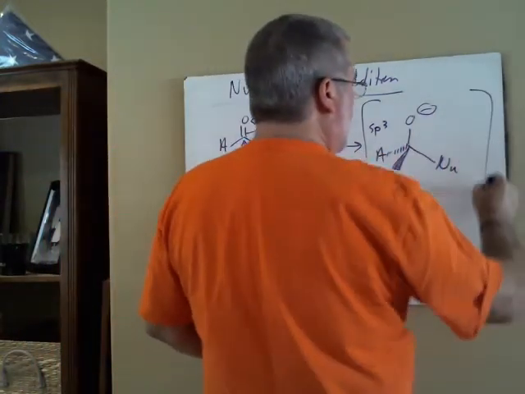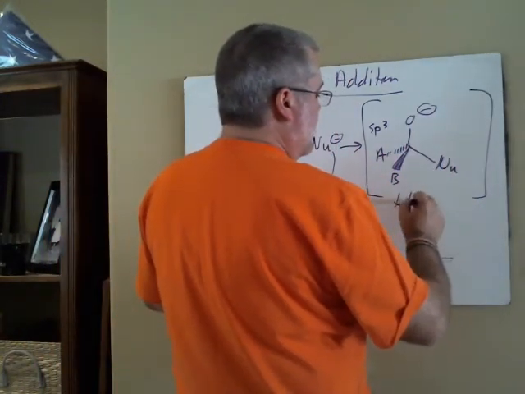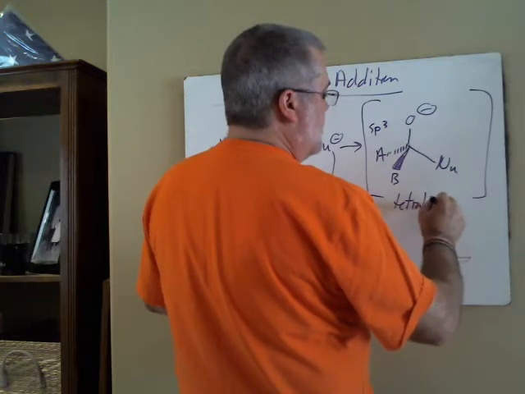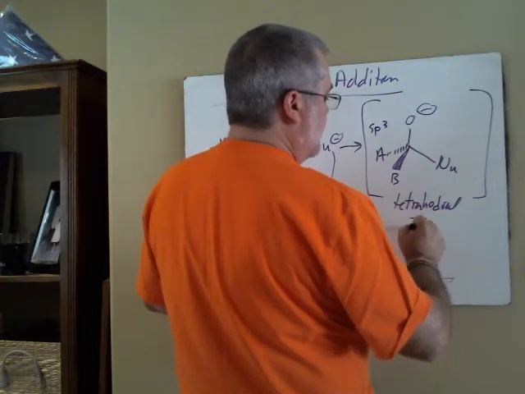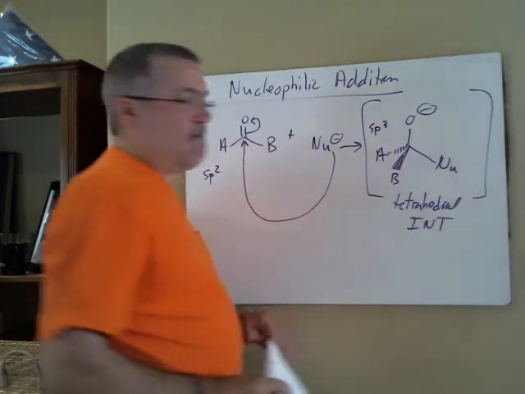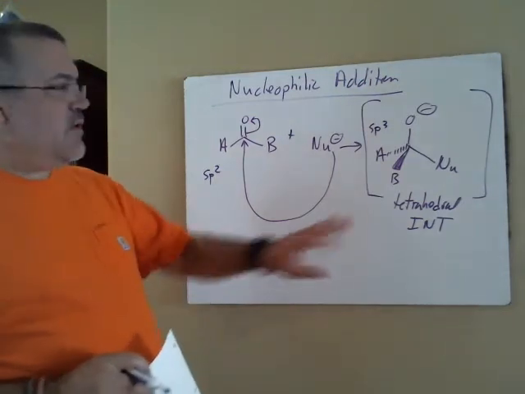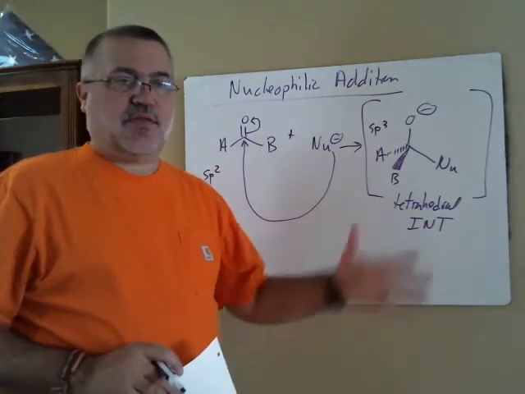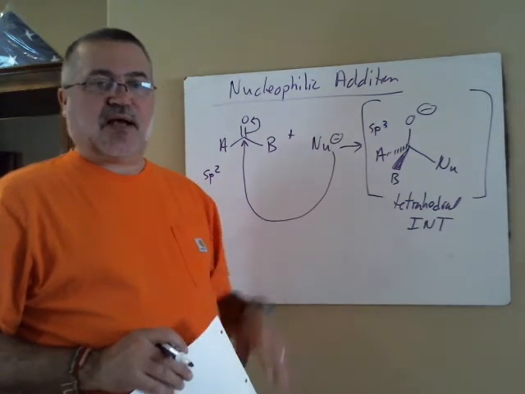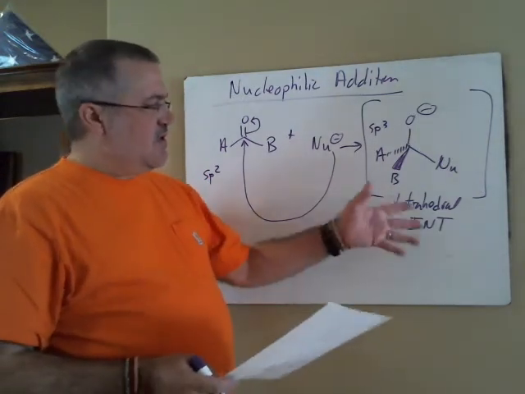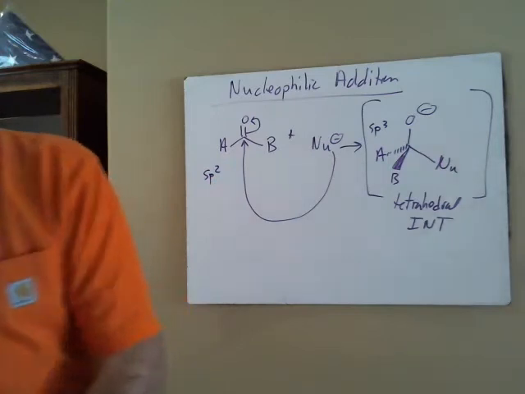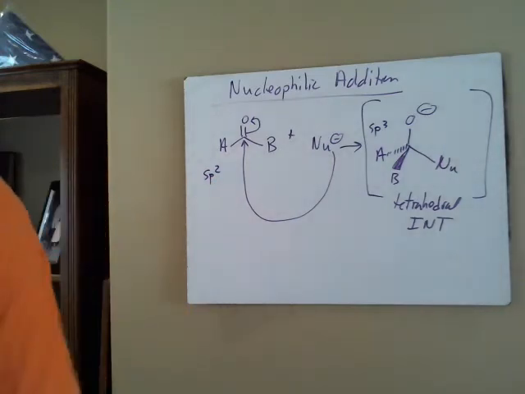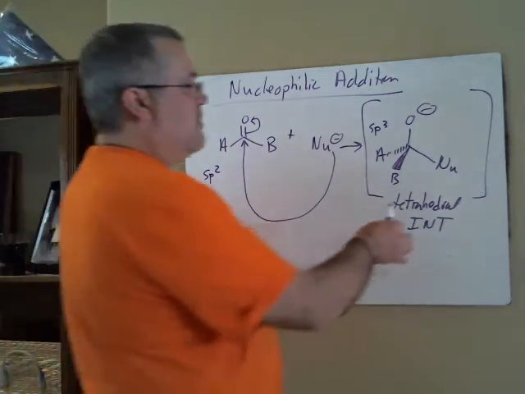And what you form here is a tetrahedral intermediate. Okay, we're going to see this tetrahedral intermediate in both of the first two mechanisms. Okay, because initially we always have the nucleophile add to the carbonyl. Okay, now once this intermediate forms,